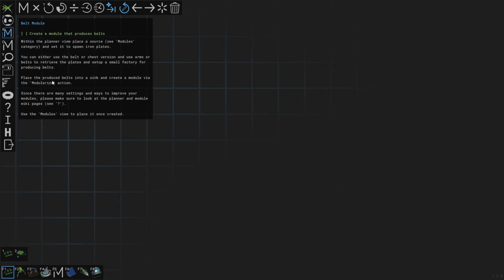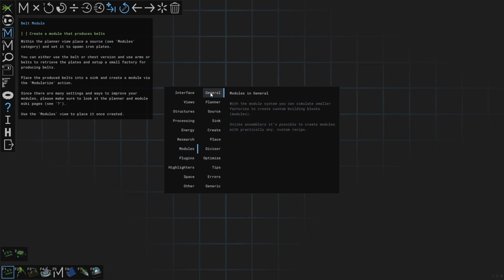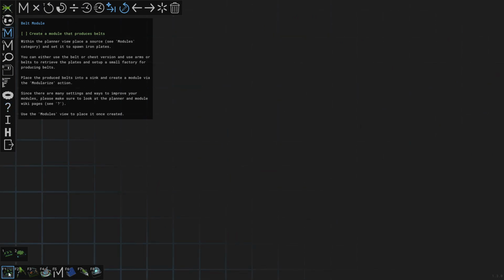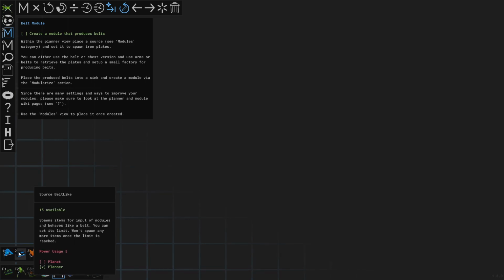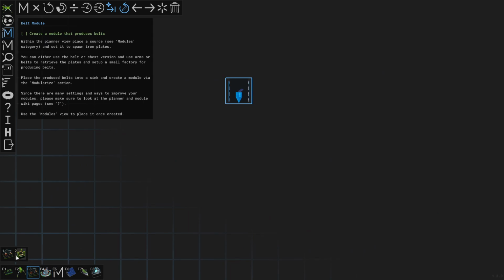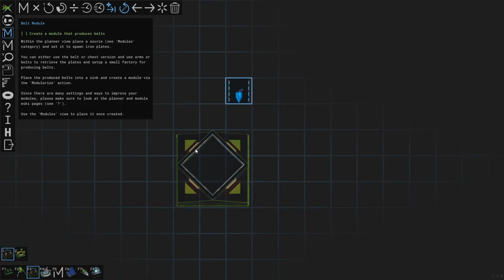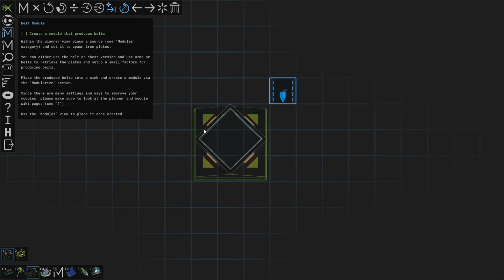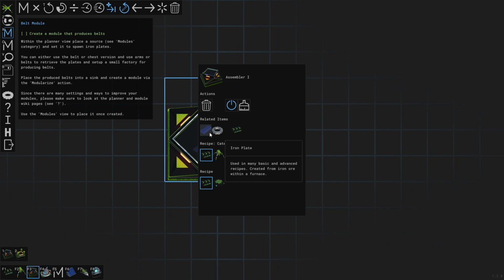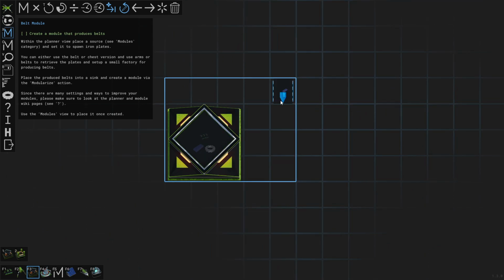So this is how we make a module. And then there's obviously a wiki and amount of structure that unlocks. So you can do a source and a sink. So that's the output. So ideally you would do module planner, you'd do a so this is your in, and this needs to produce belts. So ideally you would want an assembler. Belts need gears and iron plates. So we actually need